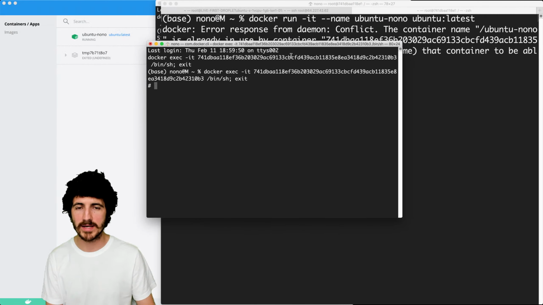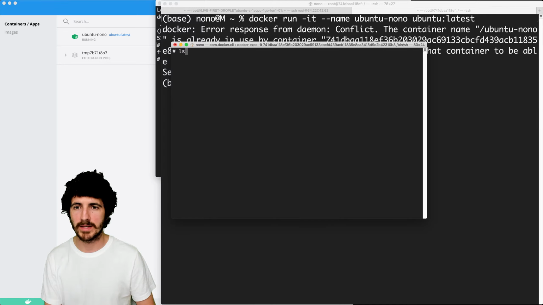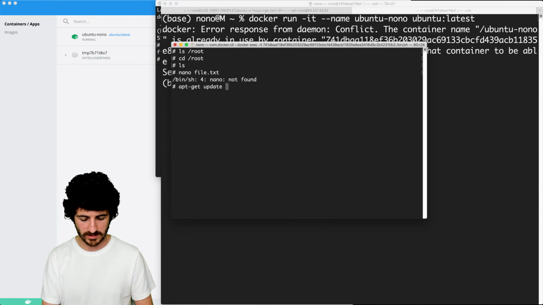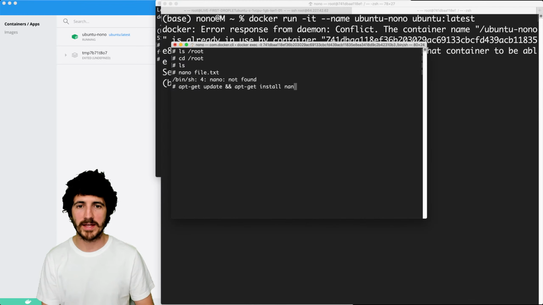I can get a new bash. I do here ls root. We have no file. I'm going to root. I'm gonna do a new file. Again, we have to do apt-get update and apt-get install nano.